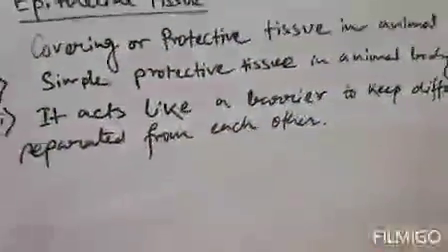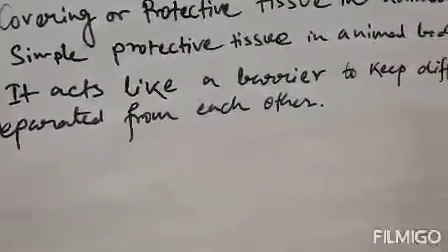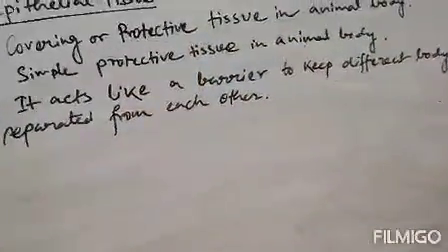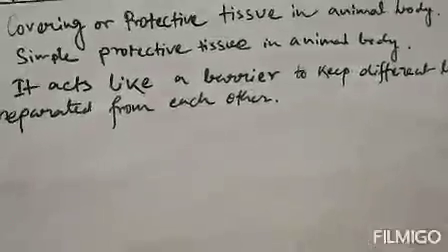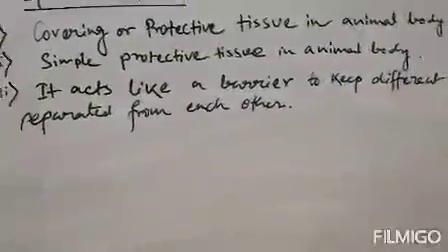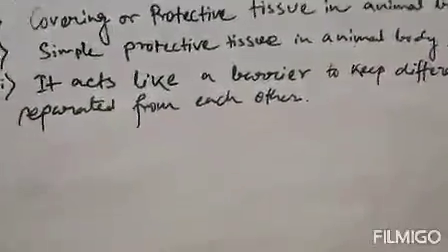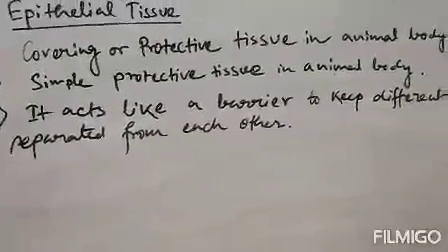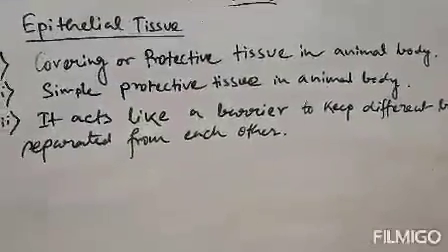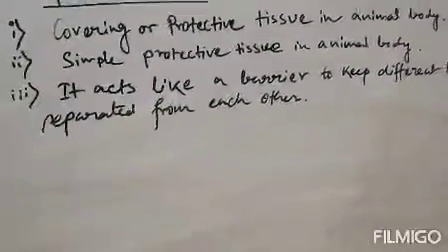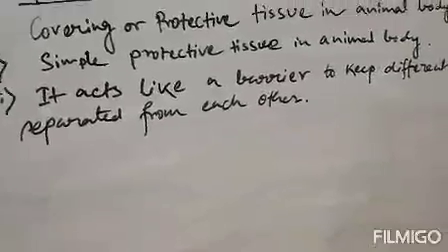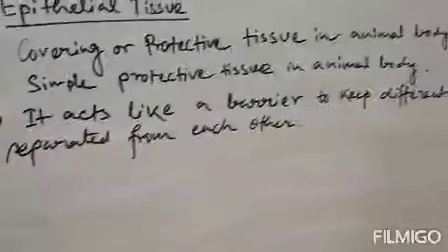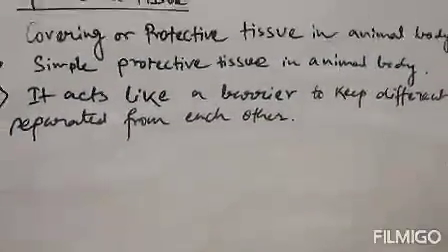These are the information available on epithelial tissues. Now on the basis of the shape of cells, the arrangement of epithelial tissues is classified into a total of 5 types. That is squamous epithelium, cuboidal epithelium, columnar epithelium, ciliated columnar epithelium and glandular epithelium. All total 5 types on the basis of the shape of cells and their arrangement in epithelial tissues.